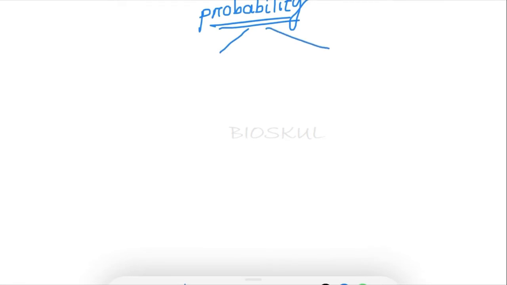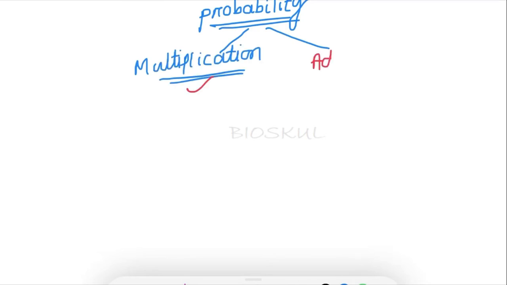In today's session, we are going to learn about probability in genetics. Probability in genetics is solved by applying two rules. One is known as the multiplication rule, the other is known as the addition rule. In the last video, I explained where we can apply the multiplication rule of probability in genetics. I will drop the link in the description box of this video, so please make sure to check that video. Today we'll look into the addition rule.